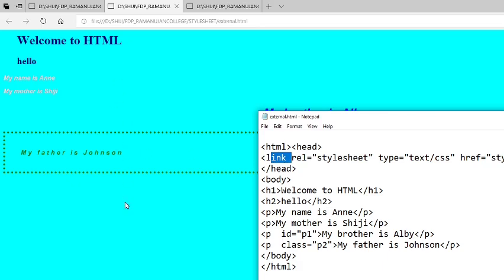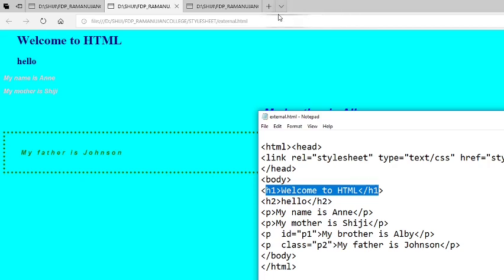So see the output of external style sheet. Here this is the HTML document, but we have not given any style. You can see the heading we have given, welcome to HTML, but we have not specified style. Still it is displaying in blue letters because the style is specified in style.css.